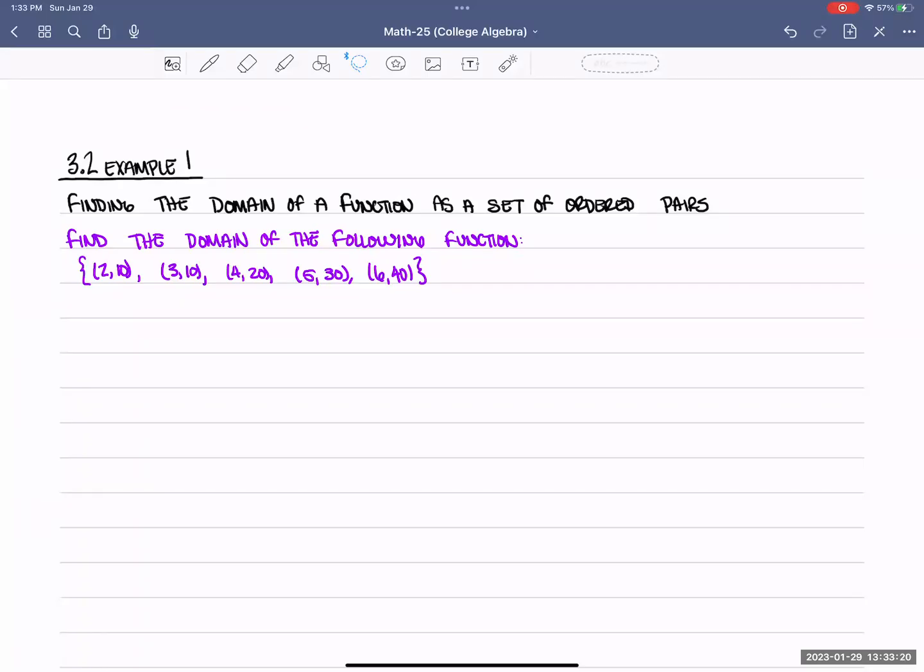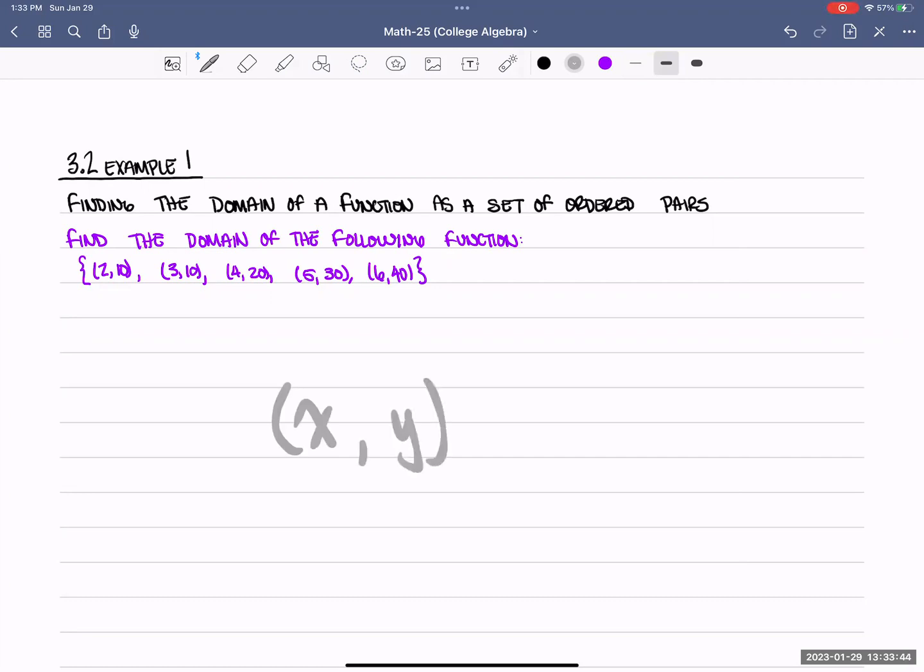Section 3.2, example 1, finding the domain of a function as a set of ordered pairs. So find the domain of the function. We're calling this relation a function, as explained in the previous section. As you see, we have a bunch of ordered pairs in this function. They're in the form of